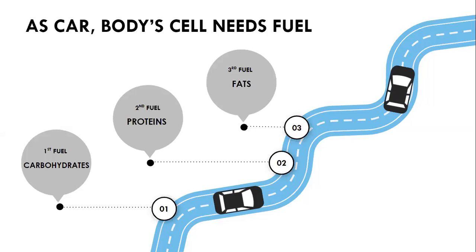And the third fuel is fats. Unfortunately, fats don't get converted to glucose very well. But since the cells feel that there is no energy, whatever fat storage you have in your body starts breaking down. So that's how people who are diabetic start losing weight. There'll be people who will start losing weight, or there'll be people who actually start gaining weight. So why do they